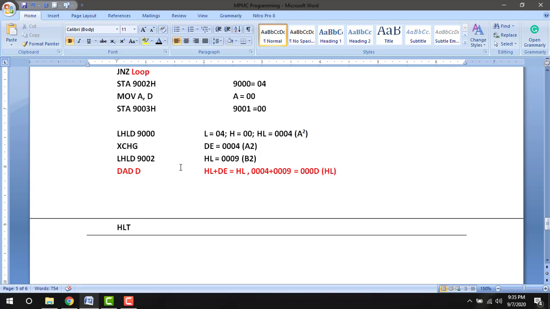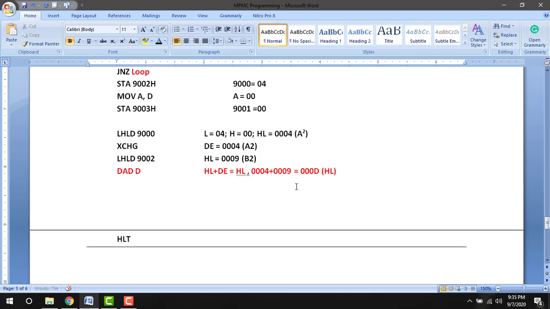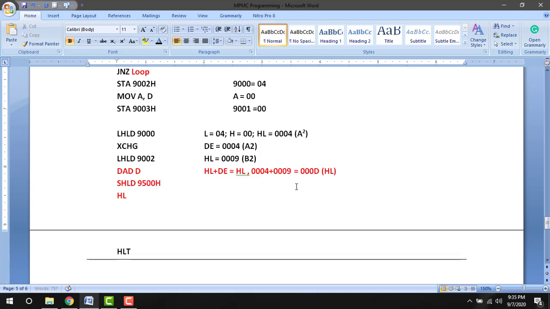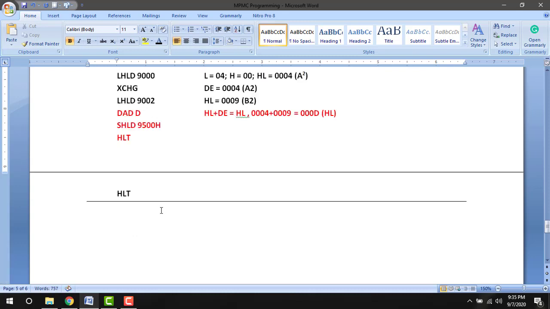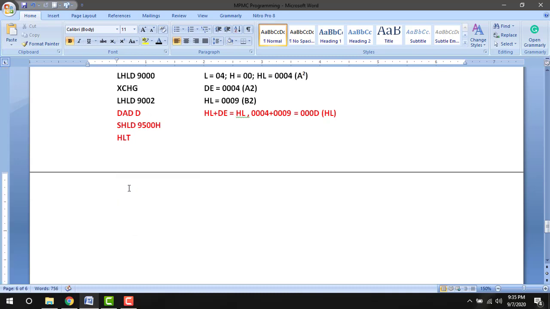Now we are going to store the data to the new memory location. SHLD 9500H and the program is ended. So finally from 9500 we have the data of LSB part 0D and at 9501 we have the carry part 00.